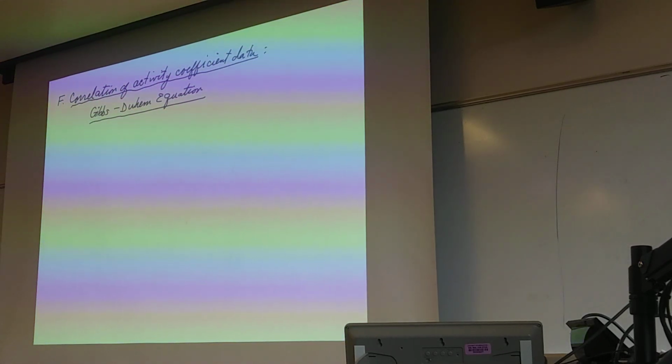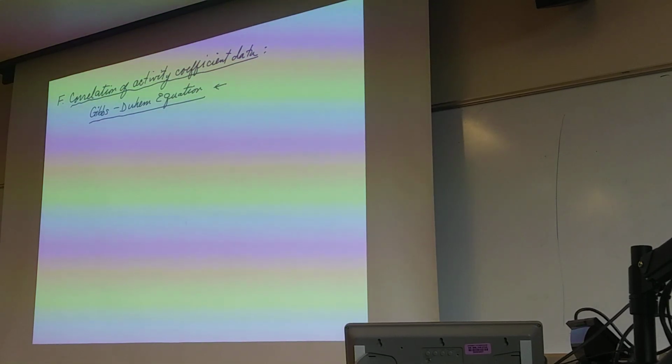And one of the outcomes of that fact is that if the activity coefficient gamma 1 is greater than 1, so will gamma 2 be greater than 1. And likewise if they're less than 1. So let's take a look at this. The Gibbs-Duhem equation is going to be this relationship between the gammas that I'm going to derive. And the way we derive that,